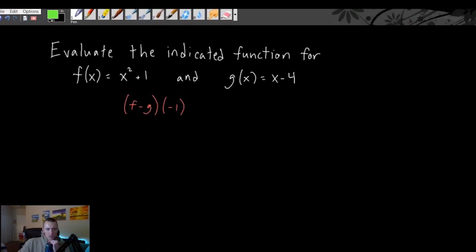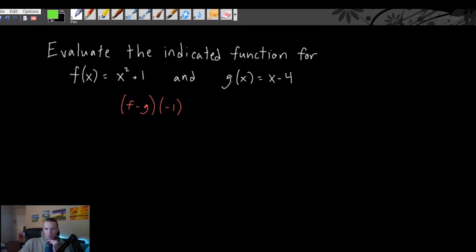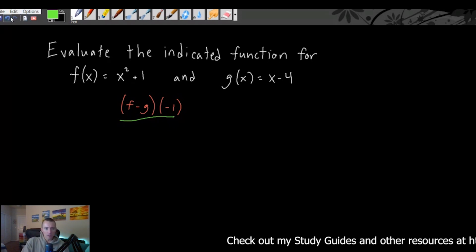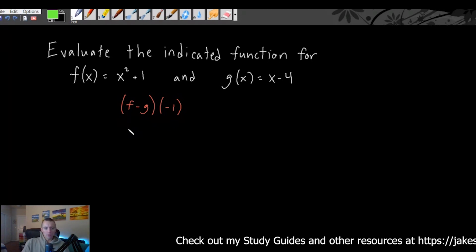Evaluate the indicated function for f of x equals x squared plus 1 and g of x equals x minus 4, where the indicated function is f minus g of negative 1. So let's first take a moment to talk about notation, what this is actually asking us to find. Basically, whenever you have f,